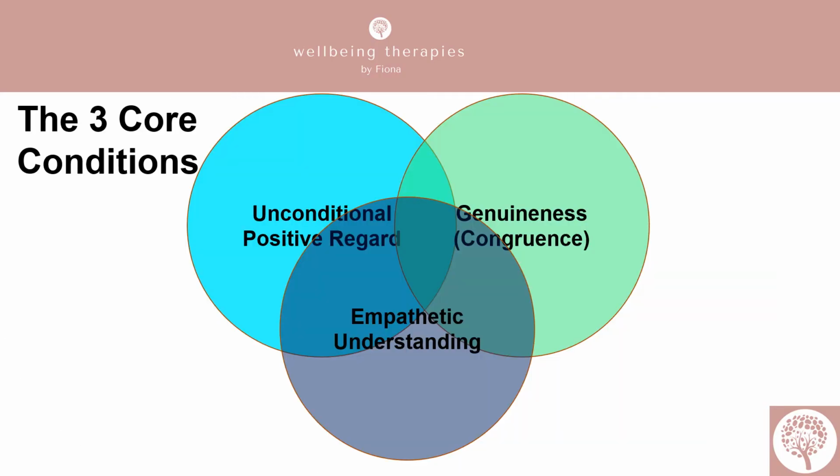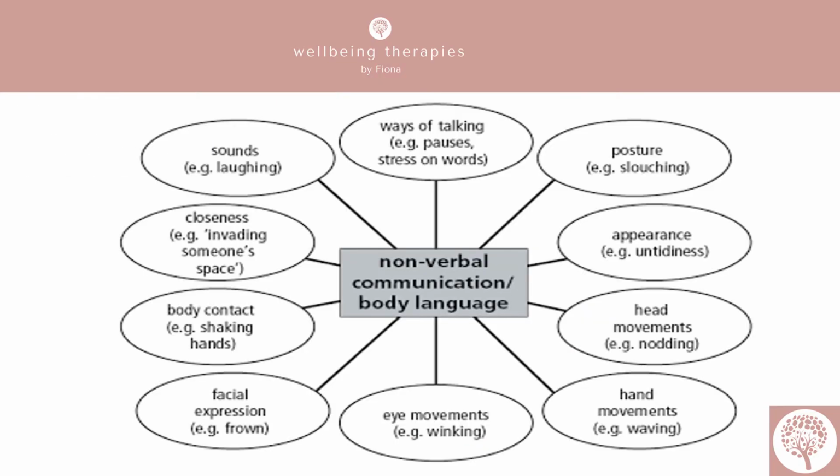So when these three core conditions are present, it creates what's called a therapeutic alliance, a partnership between the therapist and the client. This is not a constant state, and the therapist has to continually work to maintain this environment so the client feels safe, supported, and not judged. So how exactly do we establish this therapeutic relationship? Well, we apply a whole range of specific counselling skills. Some you'll find come naturally to you, and others you will have to practice until they feel like second nature. So let's start looking at the skills you need to develop.